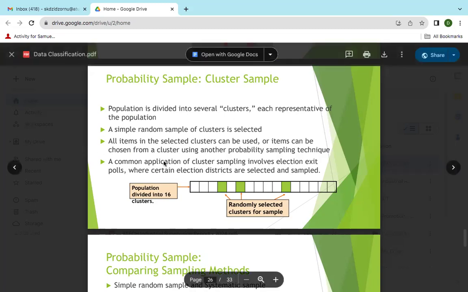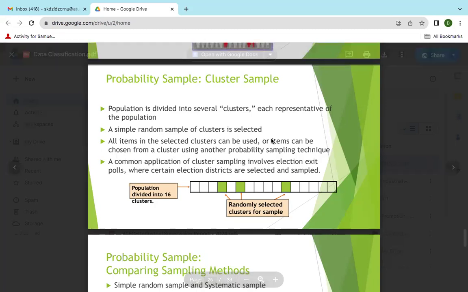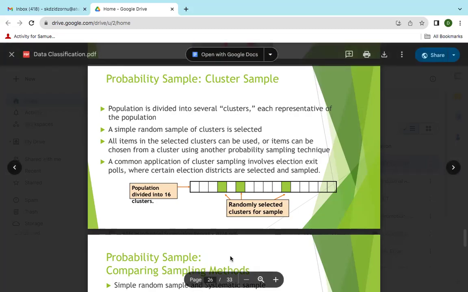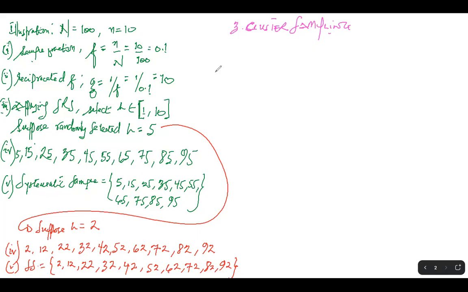Okay, a simple random sample of clusters is selected. All items in the selected clusters can be used, etc. When we say a cluster of something, we're referring to a group of entities or a grouping or a classification which has some similarities. Okay, they share some similarities. All right, there is similarity. So if we say a cluster of schools, they may be situated in different localities, but then they have some common